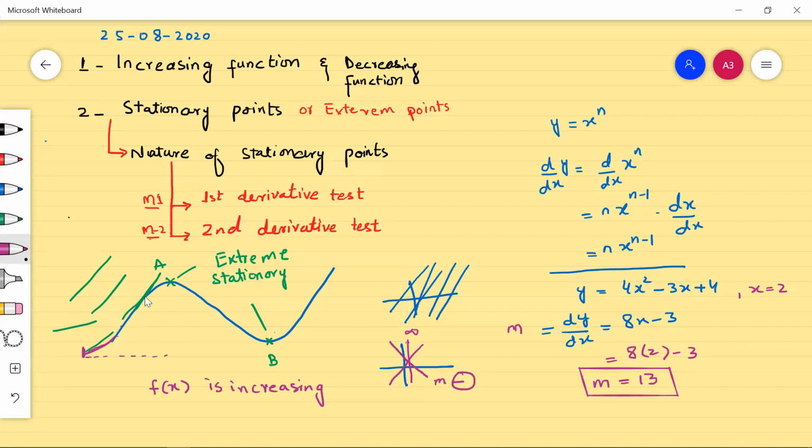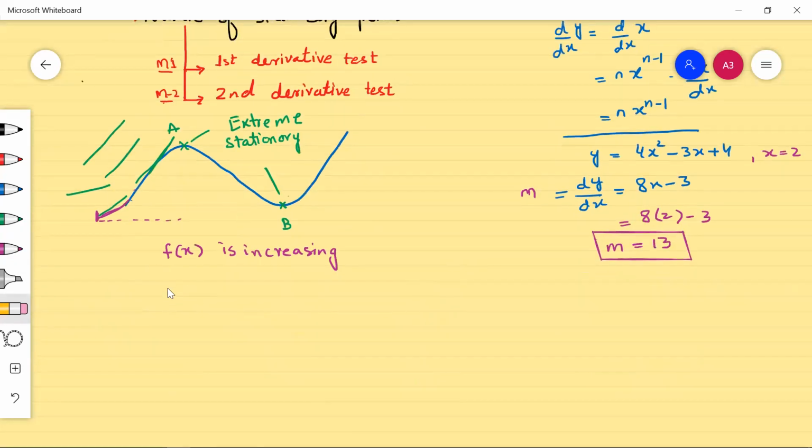So when you draw a line before this point, the derivative will always be positive. So f of x is increasing where, for this function, now I'm explaining that f of x is increasing where f dash of x, the derivative of the function, is positive. Derivative of the function is positive, meaning greater than 0. How can we express positive? That is greater than 0.